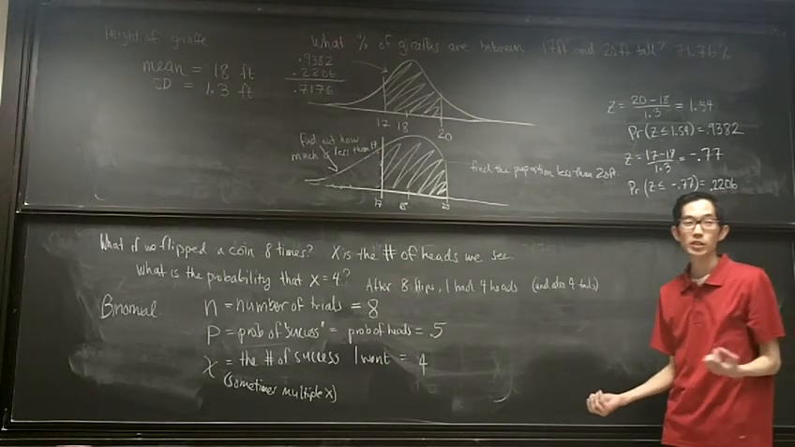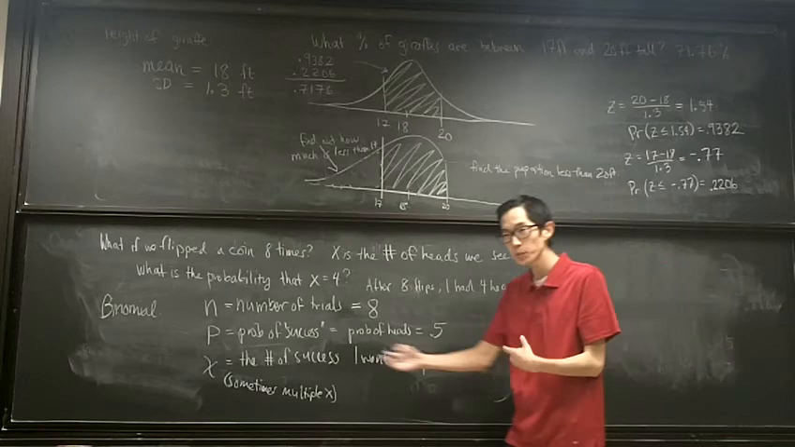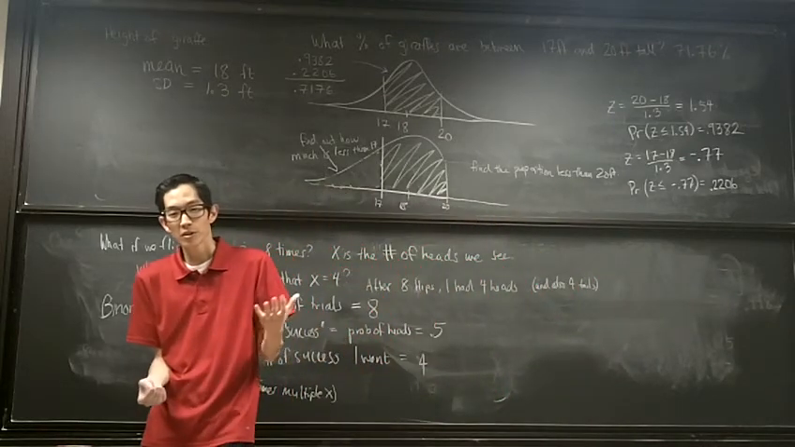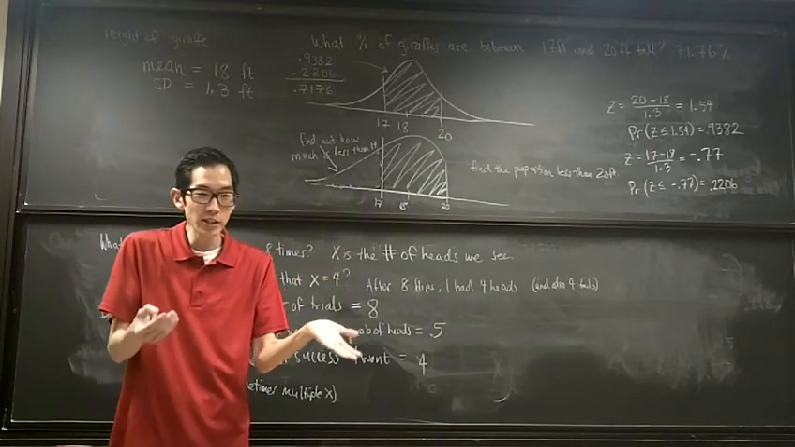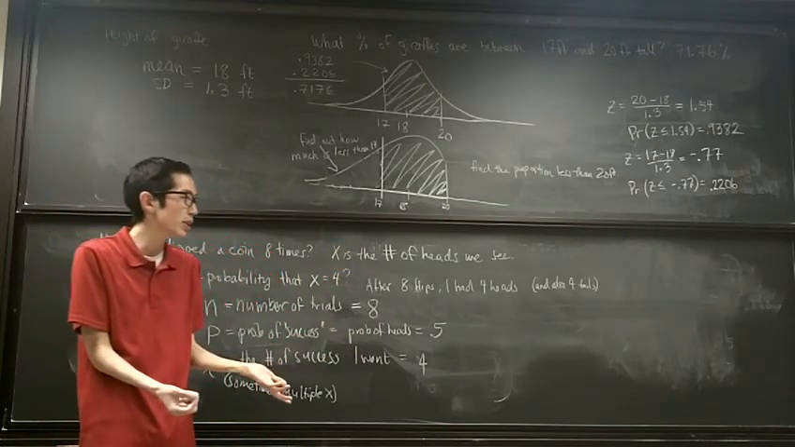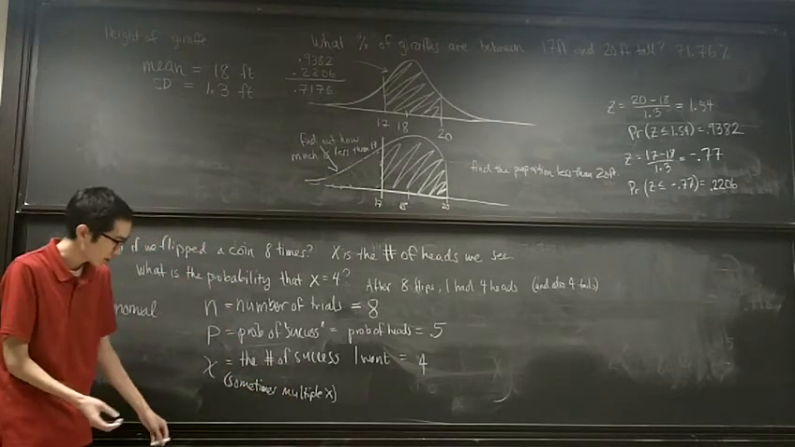A binomial is any time you repeat something multiple times. Every time you repeat it, you could have either a success or a failure. Now, these are arbitrary labels. So it could be